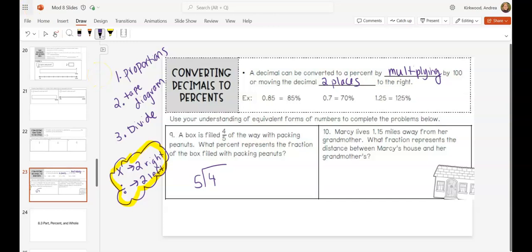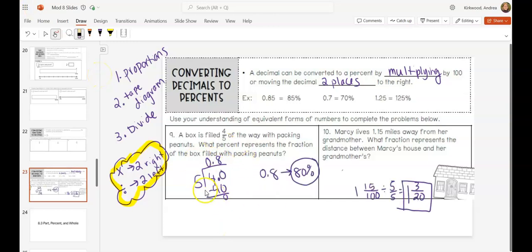So in number 9, we divided 4 by 5 to get the decimal of 4/5, which is 0.8, and then we times that by 100, move the decimal 2 places to the right to get 80%. On number 10, it doesn't want a percentage. It wants you to take 1.15 and turn it into a